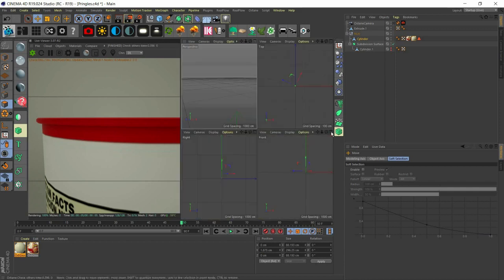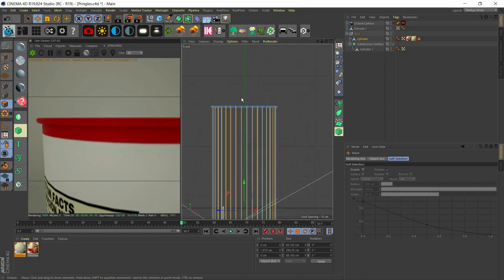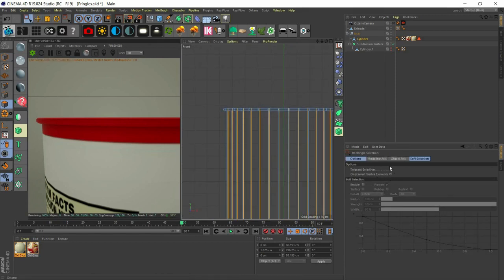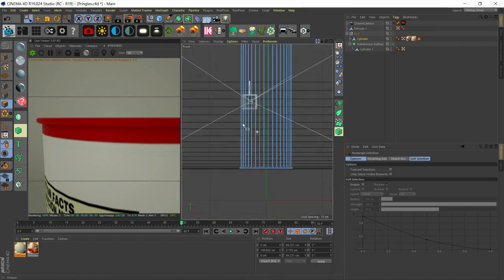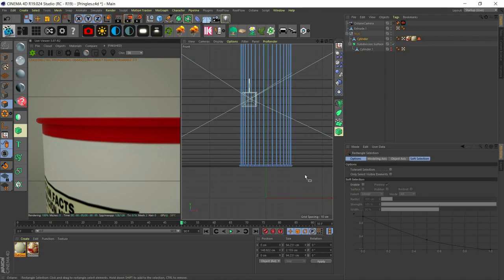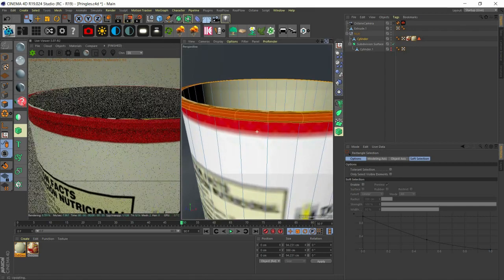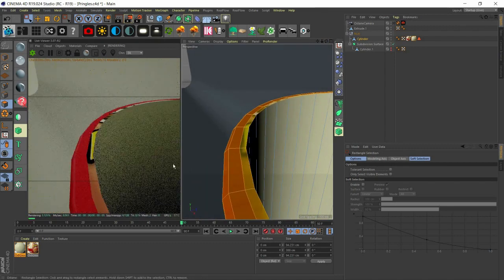So we come to our front view, click on the rectangular selection, make sure these two are checked off, select this, hold shift, and select this. All right, now that we've selected both,